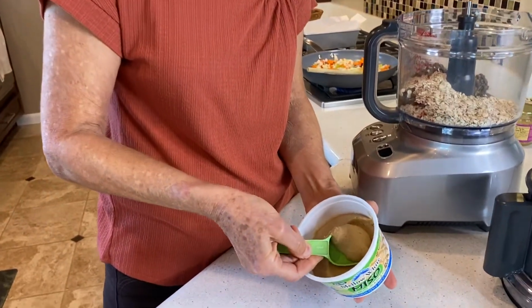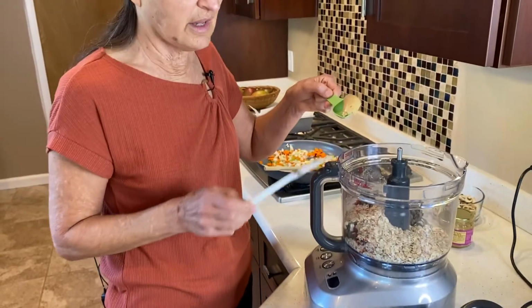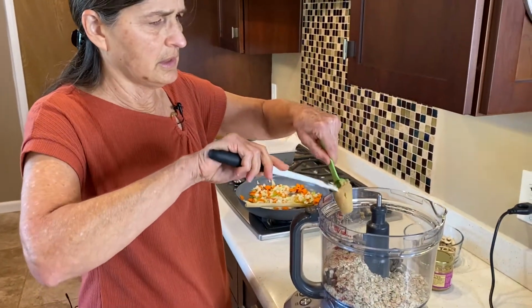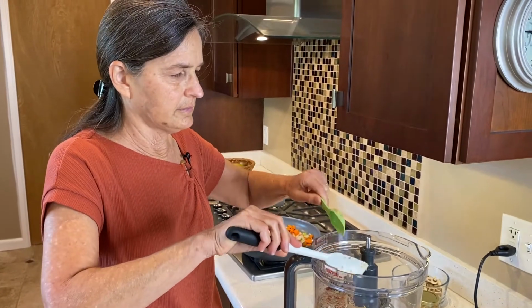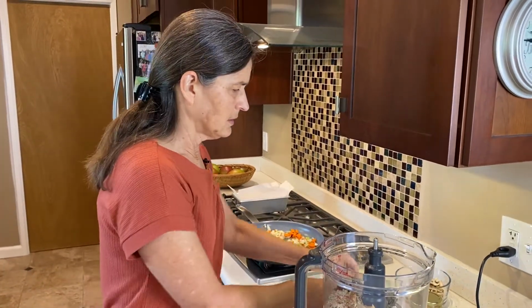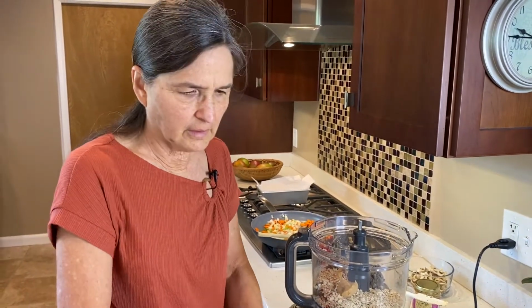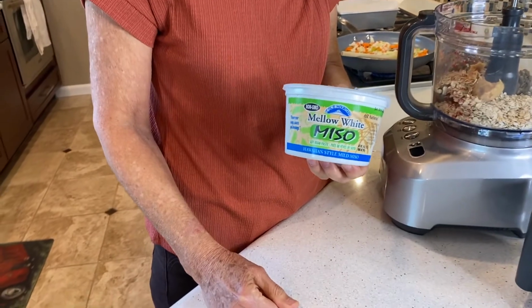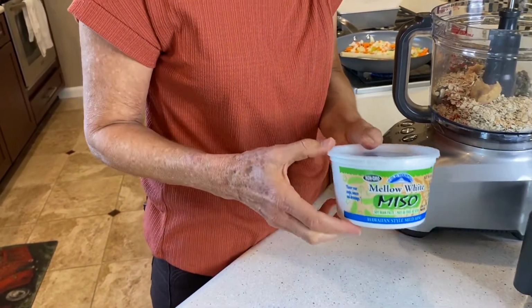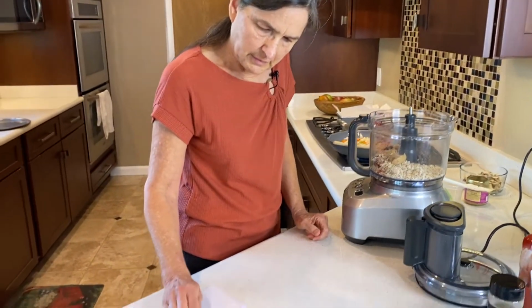It's very pasty. You can get this at, actually I think I got something at Trader Joe's. But you can get it at Whole Foods, you can get it at different ethnic stores. Okay, so you have to make sure that it's vegan. Sometimes they put fish stuff in there, so you have to make sure that it's vegan. All right, so we've got the